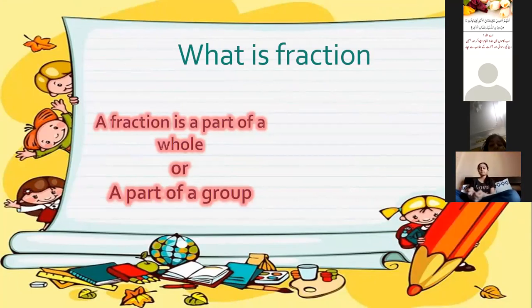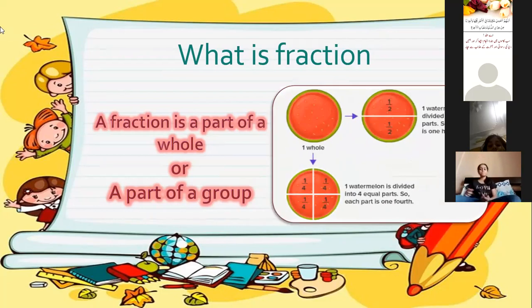For example, if we have a group or any shape, a fraction is a part of this whole.